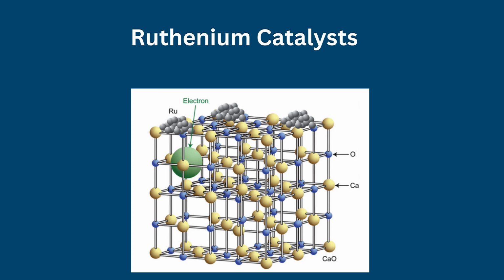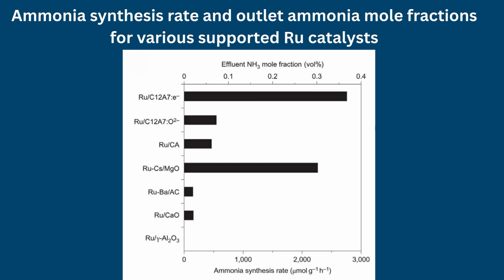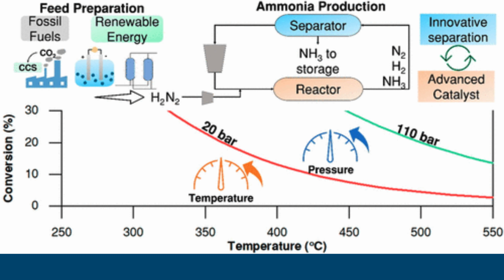In parallel, significant research efforts are directed toward developing next-generation catalysts capable of operating under milder conditions. Ruthenium-based catalysts, as well as emerging materials such as nitrides, hydrides, and electrides, have demonstrated superior intrinsic activity compared to conventional iron systems, particularly at lower temperatures and pressures. However, their widespread adoption is constrained by cost, sensitivity to impurities, and challenges associated with equilibrium limitations at reduced pressures. The interplay between catalytic activity and process design remains critical, as lower pressure operation often necessitates alternative ammonia separation strategies.